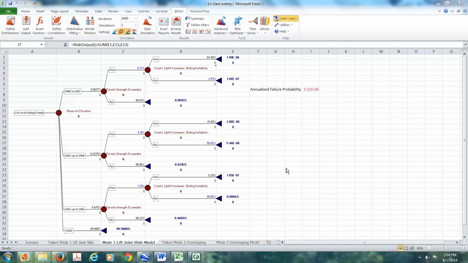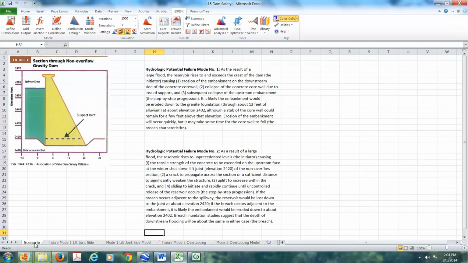In this video, we're going to consider a model that looks at a dam failure scenario. Here, we combine @RISK with PrecisionTree, a decision tree software package that enables us to construct a probabilistic risk assessment that models two dam failure scenarios. Descriptions of those scenarios are available in the model, and briefly what they are would be, the first would be